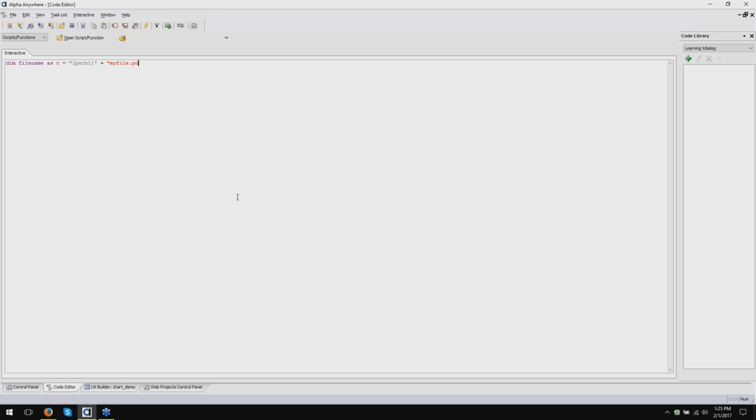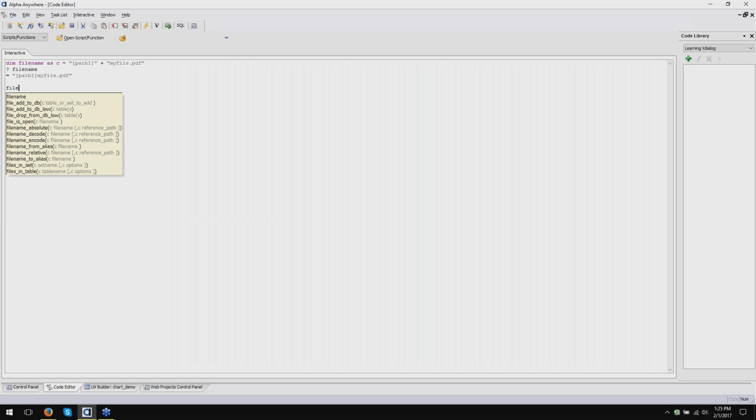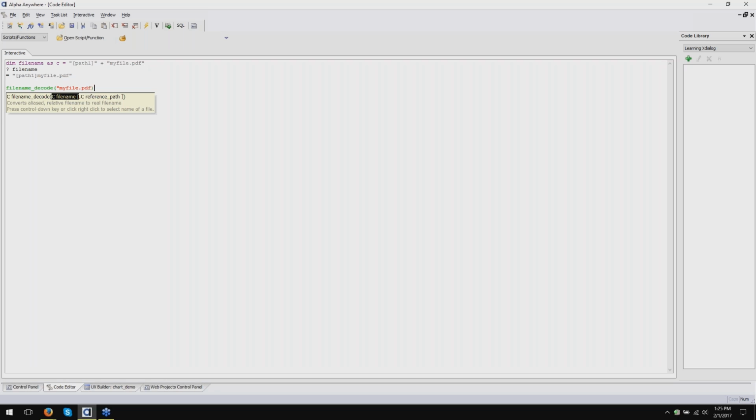This is just an XBasic example. We have a function in XBasic called filename decode. What that does is it takes that alias, combines it with the file name, and generates the actual path to that folder. So if I take my file PDF and tell it to look in path 1,